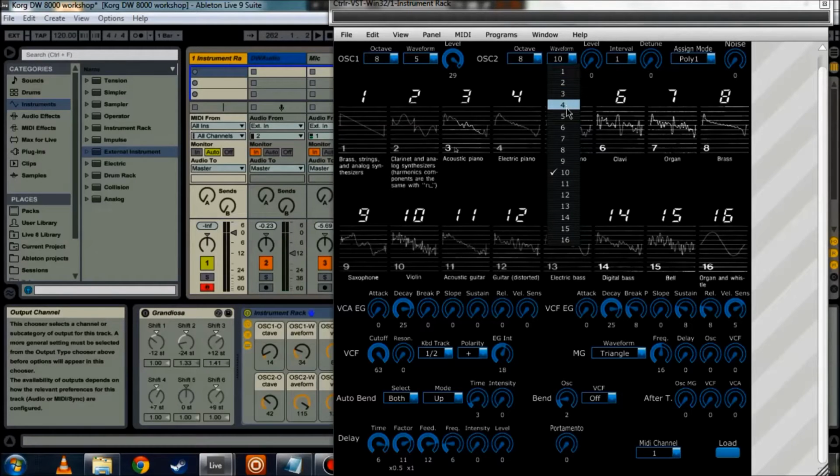So if I set it to the same waveform and bring it up, we can have 2 different waveforms to choose from, and of course on each oscillator we can control what octave it's in. We can control the waveform it's using. You can also control the level of detune. So basically this knob here